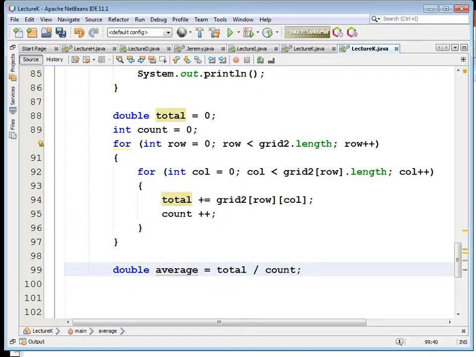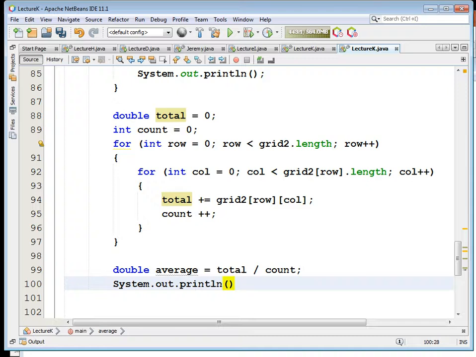And since I made total a double, then we're safe, right? It's not going to do any integer division and rounding down. We get a value with the decimal place. System.out.println("Average of grid2 = " + average);